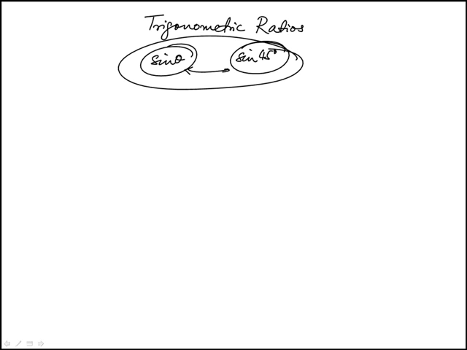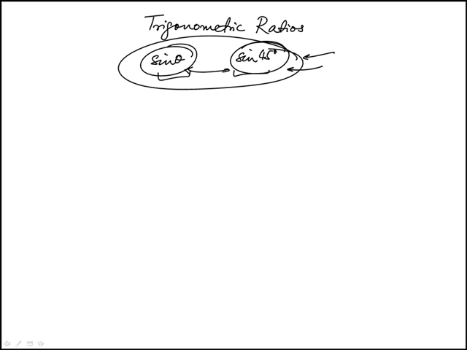I remember in high school when I first saw things like sine theta or sine 45 degrees, I used to wonder where did this expression come from, and why was there a need to introduce these things? Because it just seemed to complicate everything. And so here I really want to go over what the motivation was of using these symbols, what the basis